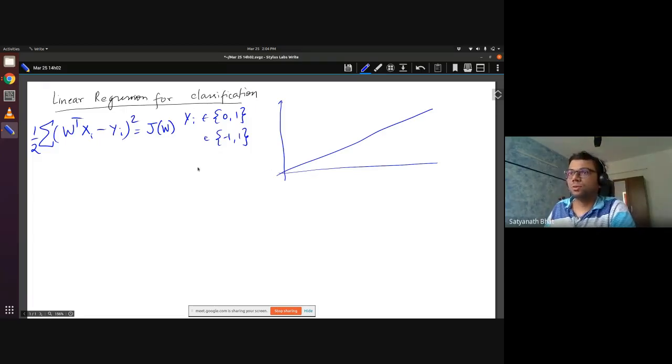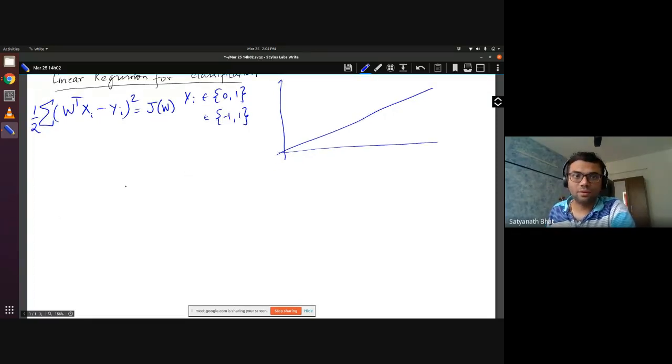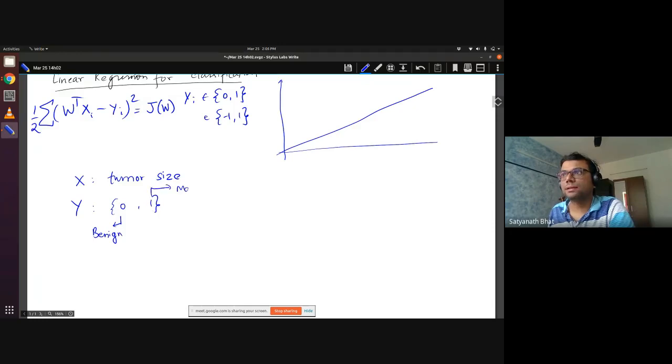In particular, if you want to look at one example where that is extremely evident, we can look at the example of tumor classification based on the tumor size. I have discussed this before, but it was before midterm, so I think it's good to recollect. Let's say the feature is X, and X is tumor size. Then Y is 0, 1. Okay, so 0 stands for benign, and 1 stands for malignant.